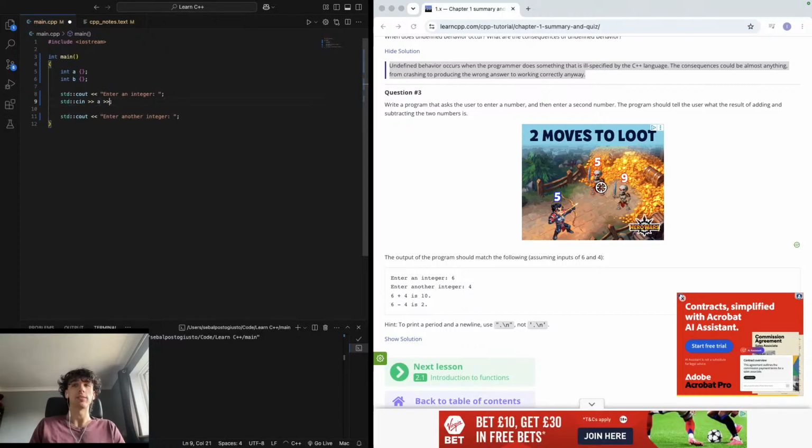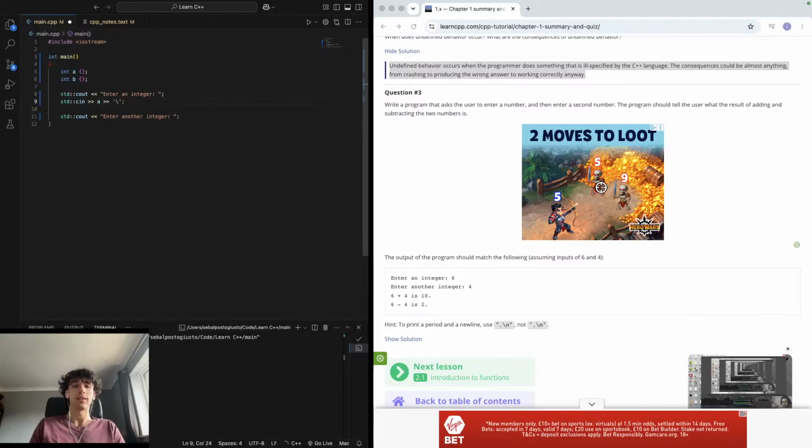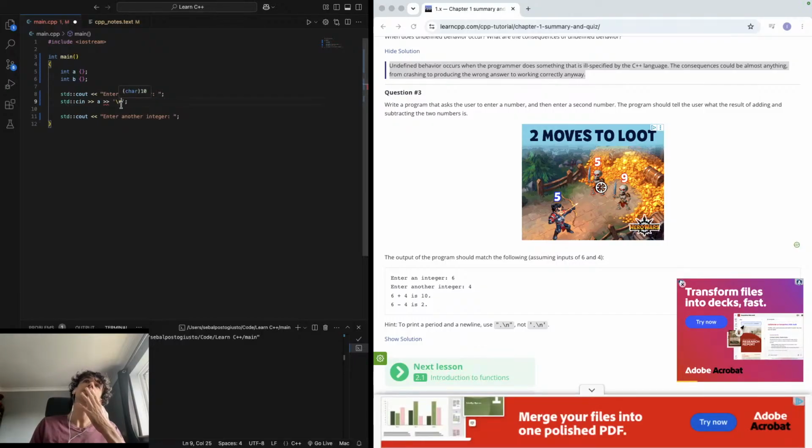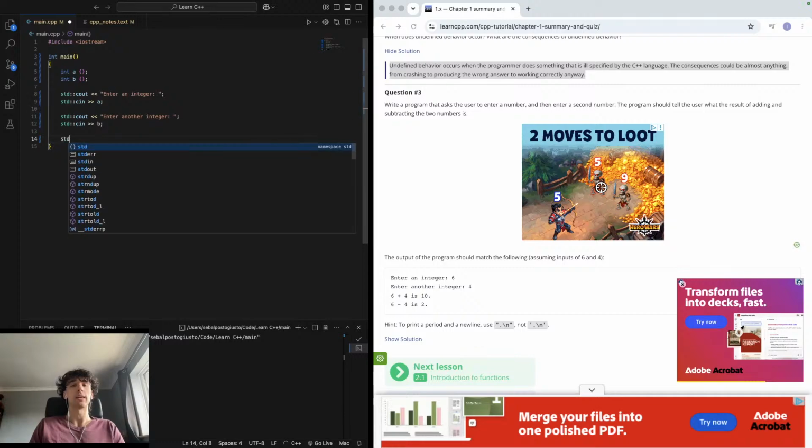Then what we also need to do is, no, we don't, because it will do it itself, won't it, surely? Let's have a look. Enter another integer, std cin, and then it'll be b, and then we will need to do a character output of a,